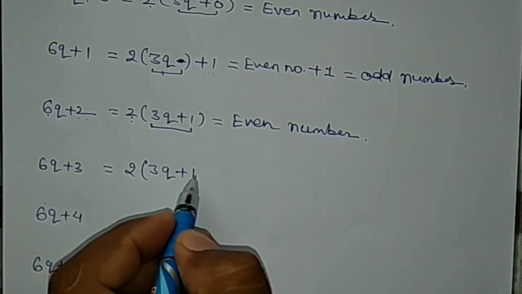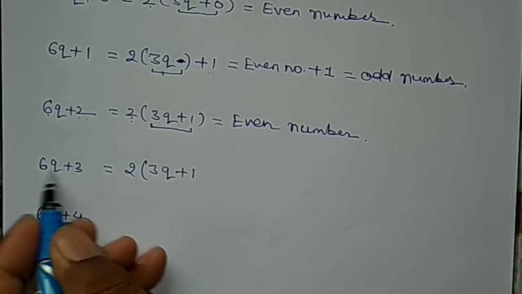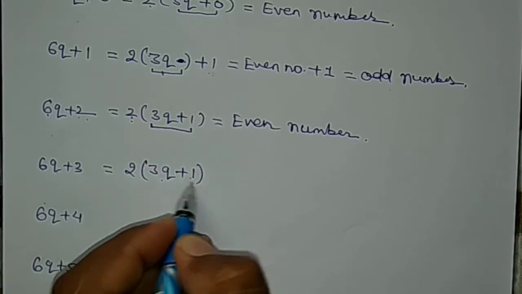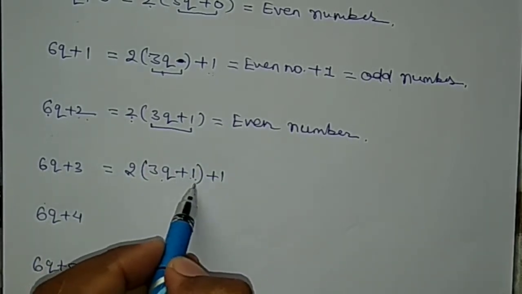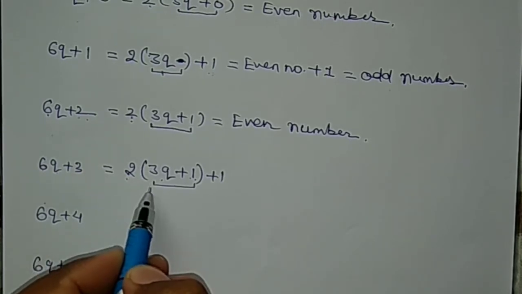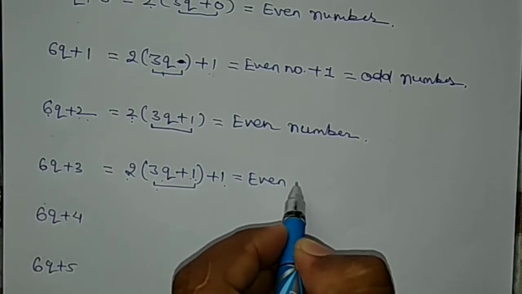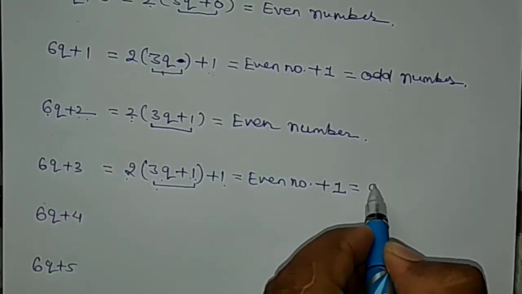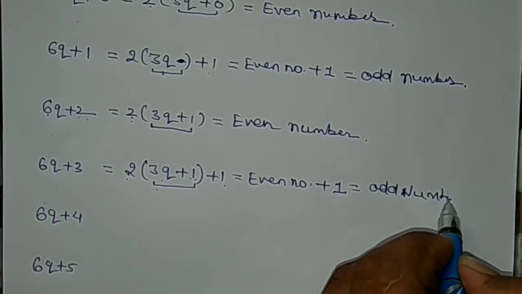Okay, so it is how much? It is 2q. If I am taking 2 common from here, it is 2 3s are 6 plus 1, that is 2q plus 1. I am writing like that. So this is a multiple of 2, that is an even number plus 1. So even plus 1 is how much? The next number is how much? Odd number, na? Odd number.